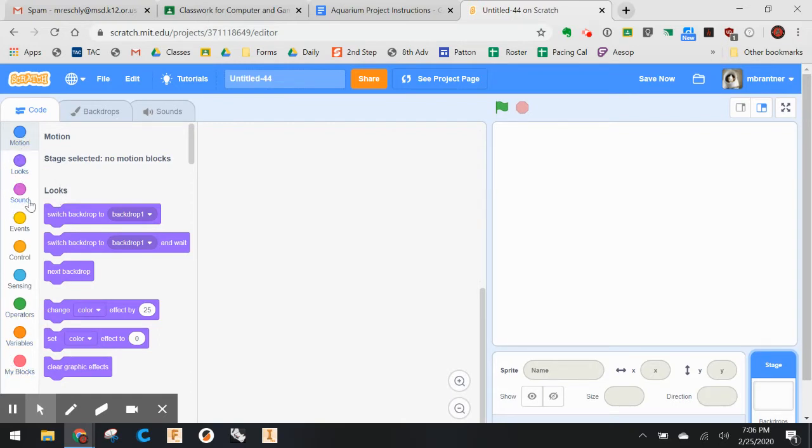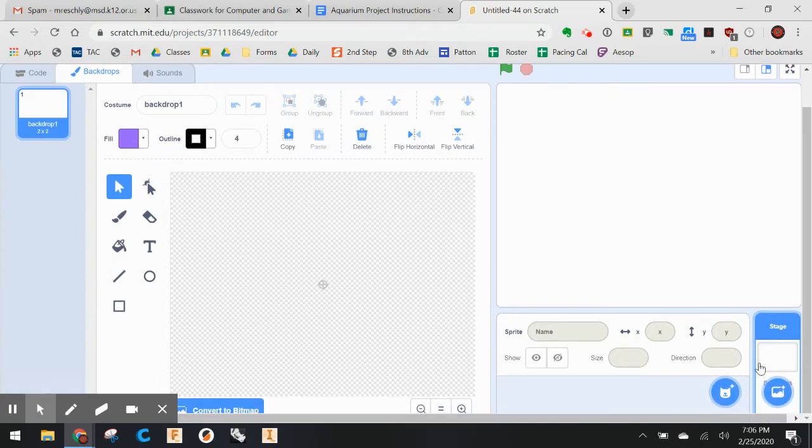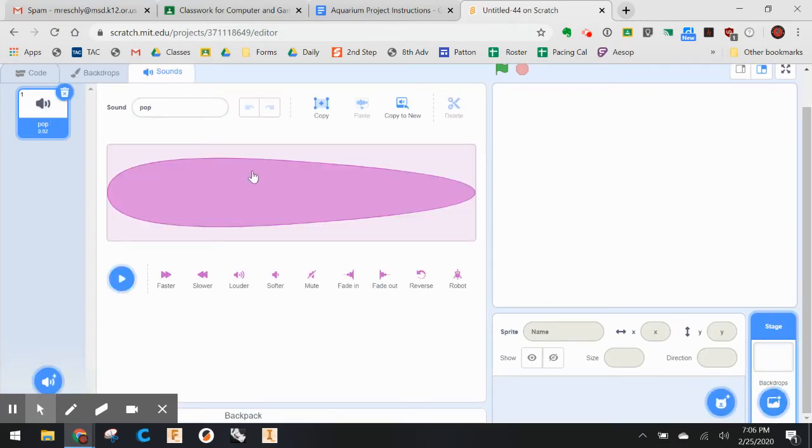Now, over here on this side is where we can do all of our coding. We're going to be using different blocks to tell the animation what to do. We can use different backdrops, okay? And we can do that by finding a backdrop, or we can make it a color. That's also called the stage. We can choose a backdrop. And then we also have a sound one, for example, pop. Yep, so just like it sounds. We can also find other sounds